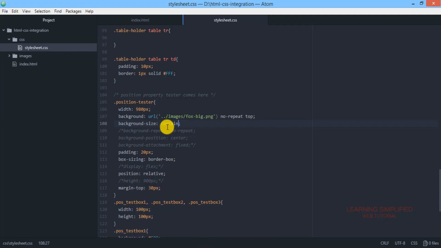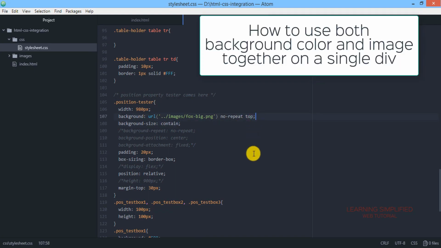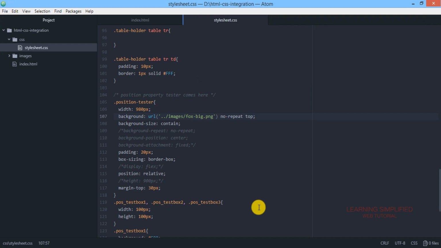In the next condition, as we have described earlier, we are going to use a background color with this particular background image condition. Both of them will be used together. That means these two properties will be associated in this particular case. Now all we are going to do is provide a comma at the end, put a space, and provide a particular color. I have chosen this white color over here.